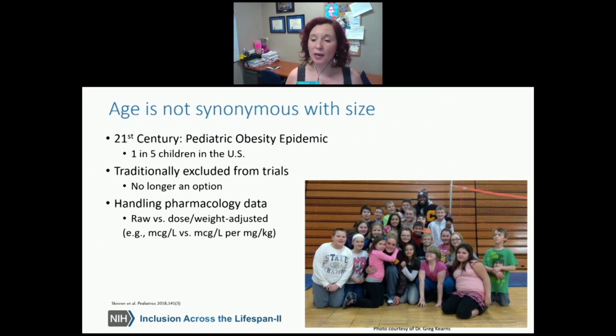So instead of talking about drug concentrations in micrograms per liter, for example, it's not uncommon for us to convert the data into micrograms per liter per milligram per kilo of drug delivered in order really to make comparisons across